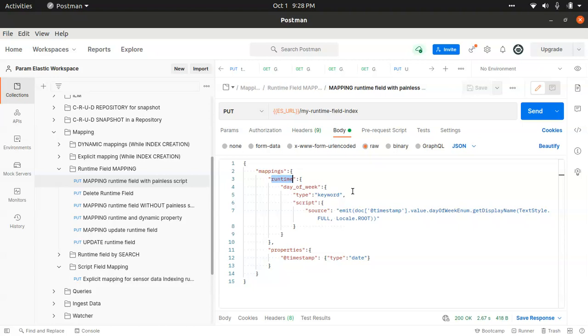Now I can use this runtime field for aggregation, sorting, or filtering, whatever I need. So now we have explicitly defined a runtime field. Similarly, we can create as many fields as we want. Here this is the script